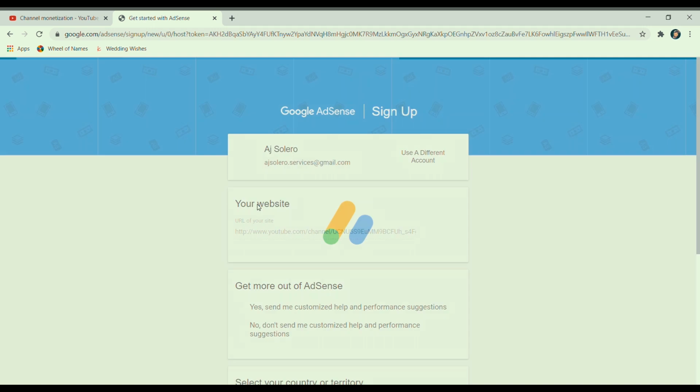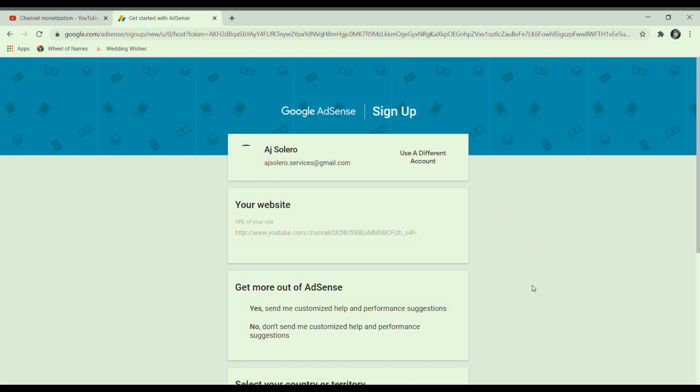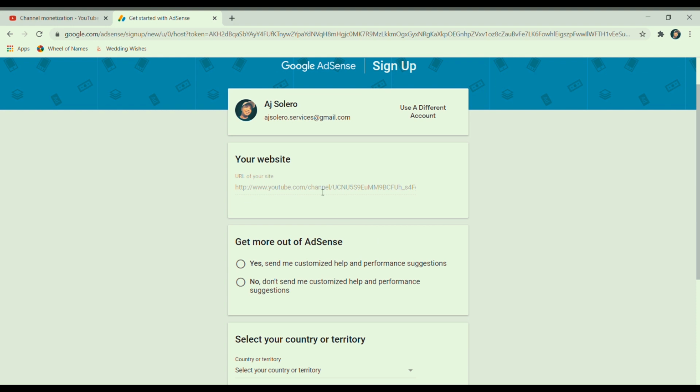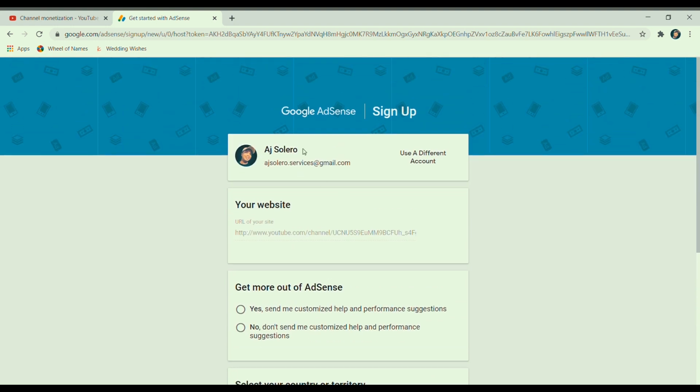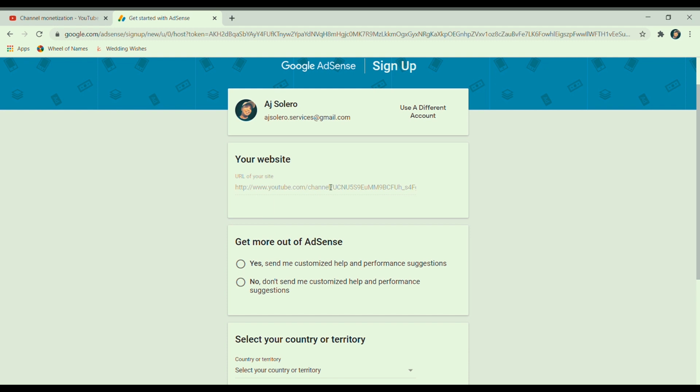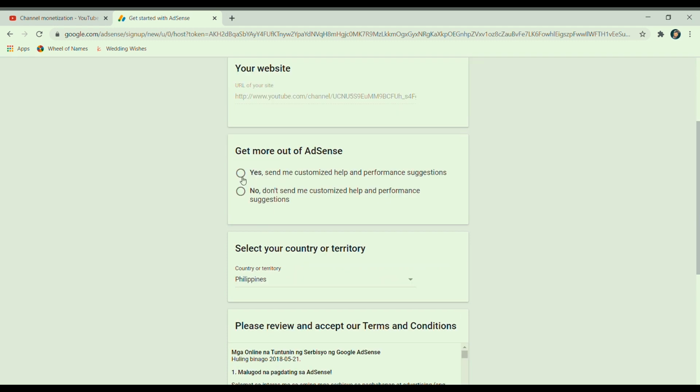And once I returned into that page, there you go. Okay, it's already showing my account with Google AdSense and my website, my channel. Get more out of AdSense?